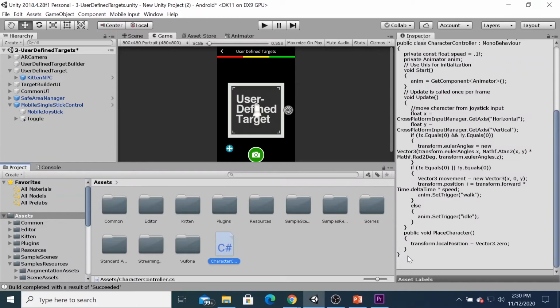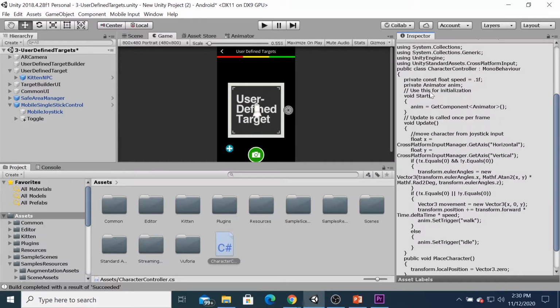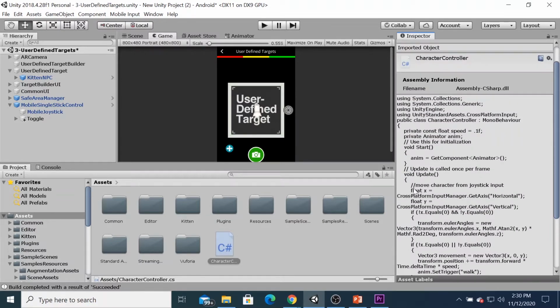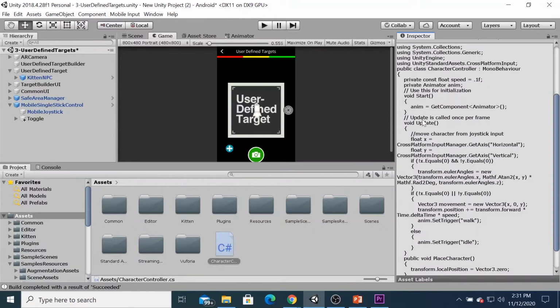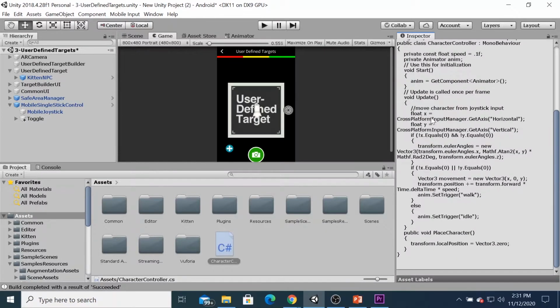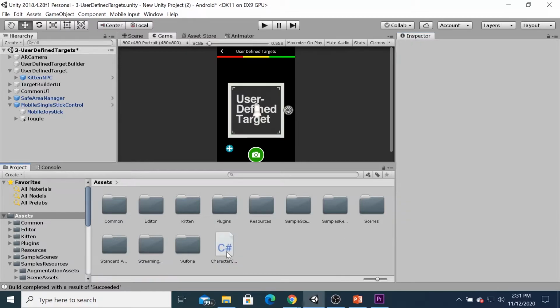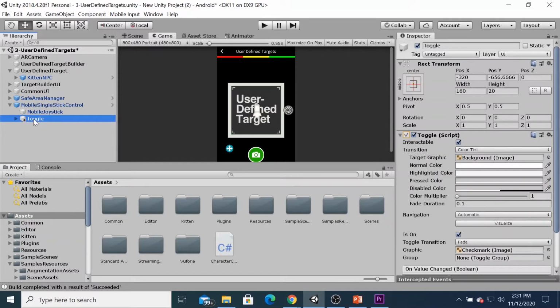This one I already explained in the previous lab. You can refer to the previous video, then you can copy and paste this controller in order to move horizontal, vertical, and also diagonal, or you are going to set the idle. After that you can go back to the toggle here.